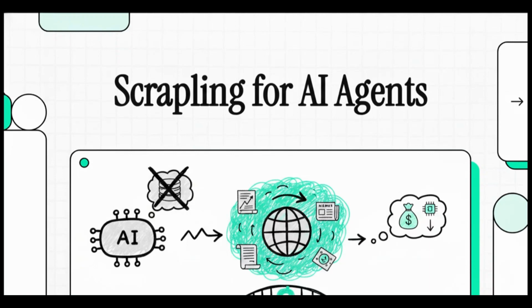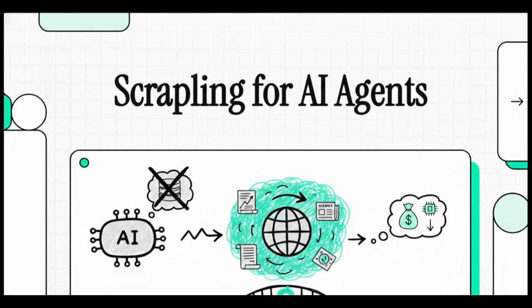All right, let's dive right into this explainer. If you're building AI agents, you know that an AI restricted to its training data is, well, essentially just a static database, right? But an agent connected to the live web, that's a game changer. It can process real-time market trends, live documentation, breaking news. So today, we're unpacking exactly how to bridge that gap using a totally free local Python library called Scrapling, and